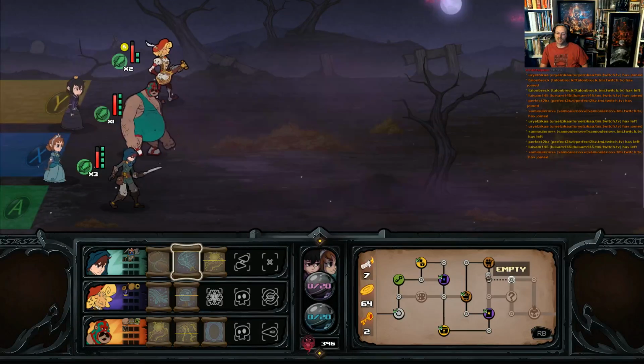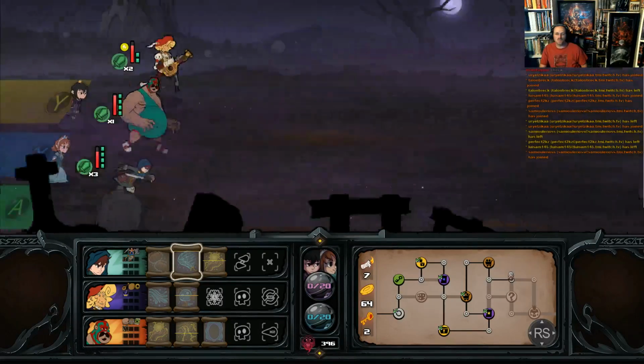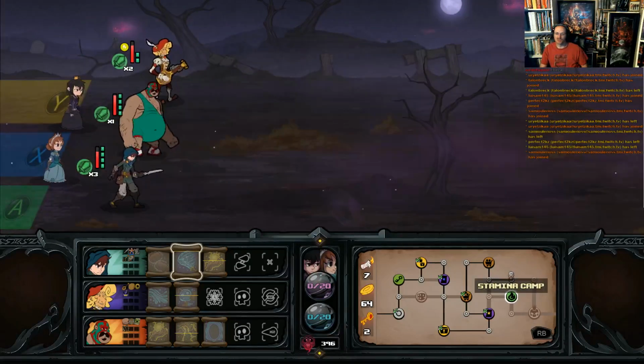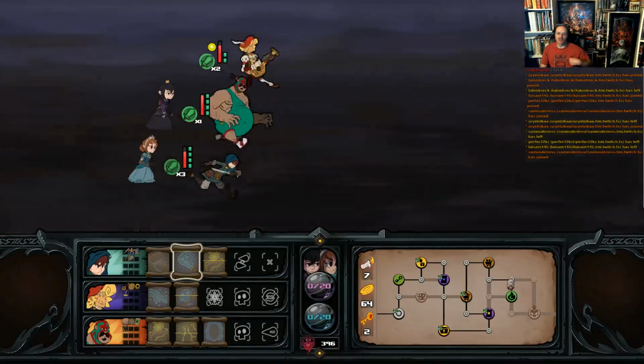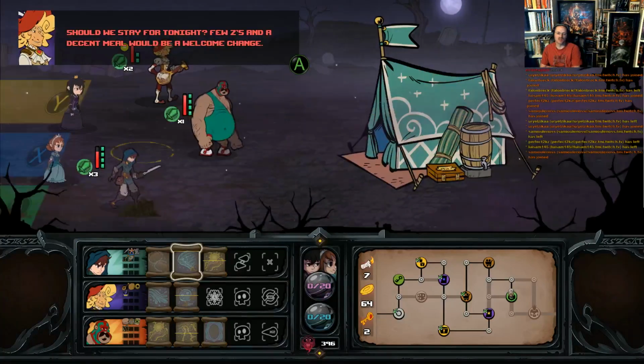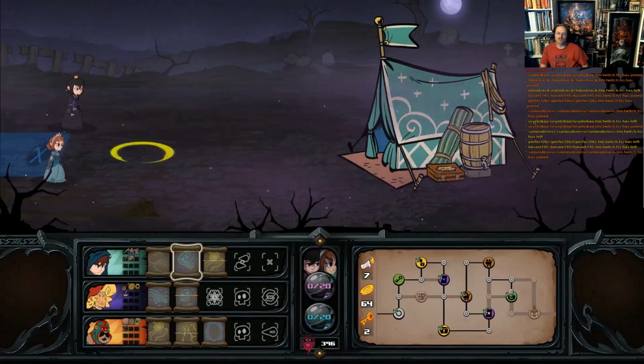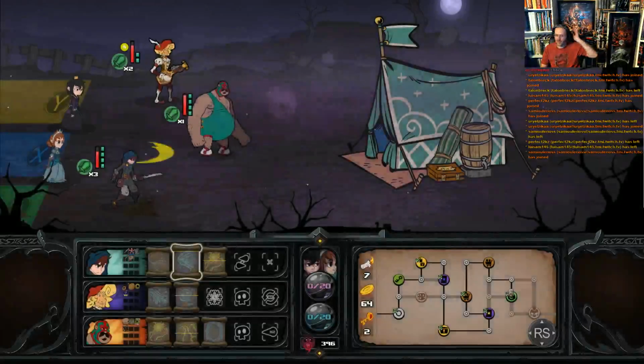Although, on the other hand, the thing that we should worry about more is the fact that we actually can't buy spells right now. We actually don't need the stamina camp. We still haven't been hit. Although we've taken some damage. I'm not sure how we took damage. Took some health damage. Not sure how or when we took damage, but...